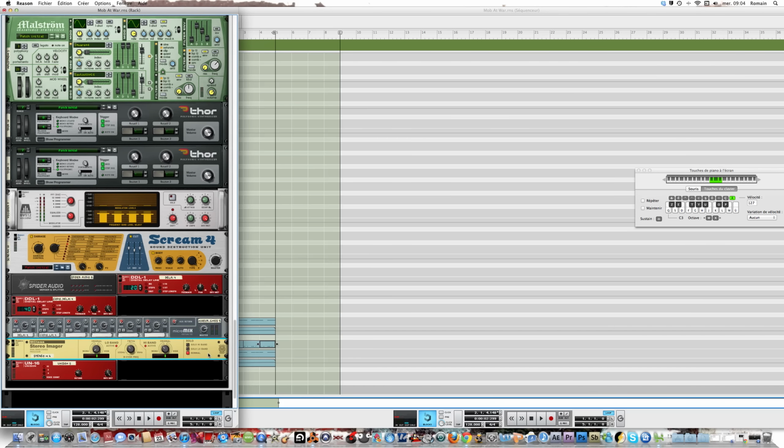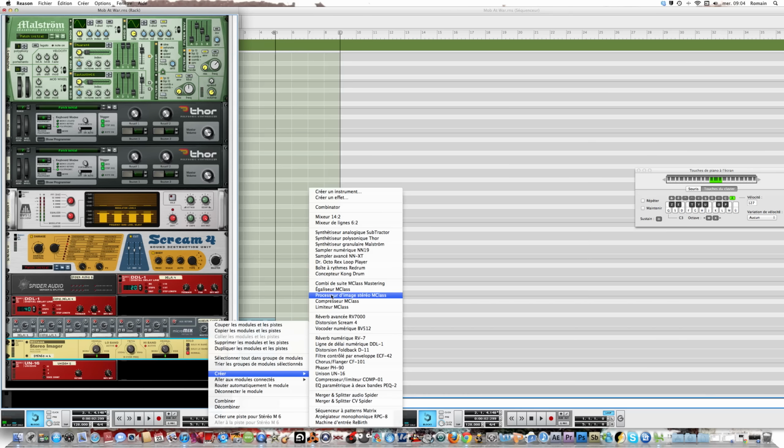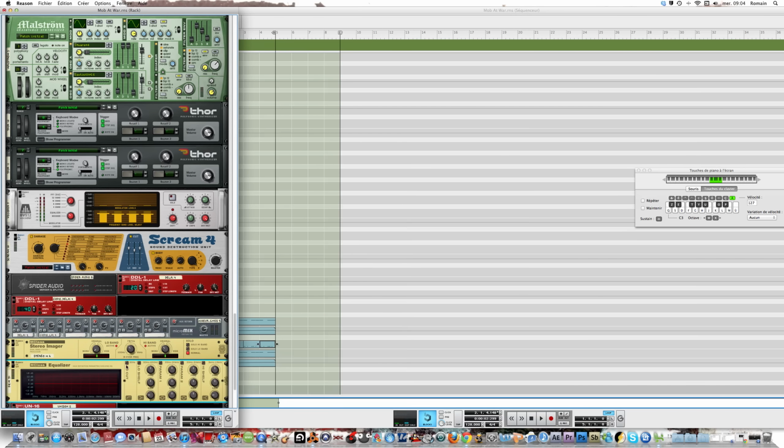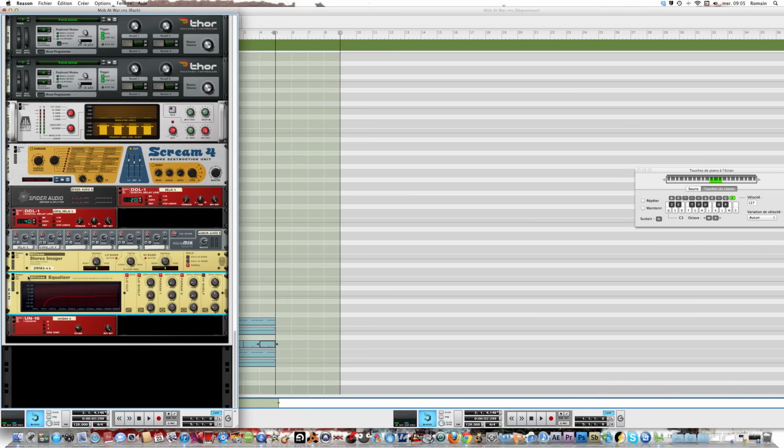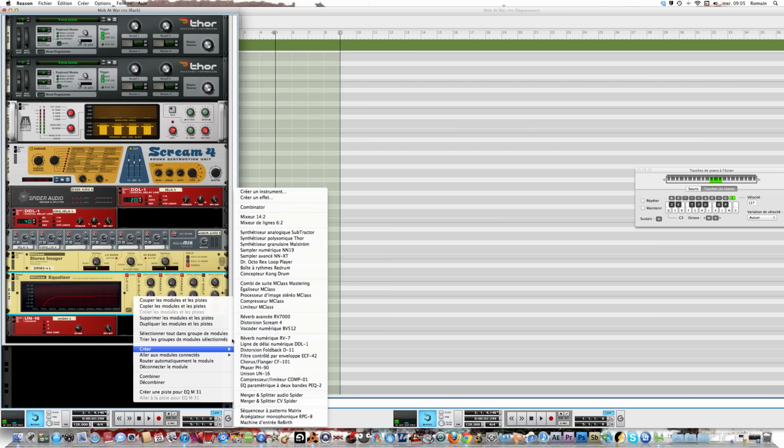Now time has come for some EQing. So first EQ, low cut, low shelf, frequency down, gain down, Q down. Frequency 1, frequency down, param 1, frequency down, gain down. Do not touch the Q. Param 2, frequency, that one, 63.9, gain down. A little bit of Q, 6.8, that's okay. By doing this, we're cutting all the low frequencies down because we do not need our bass to fight with the sub frequencies. So create a new equalizer,